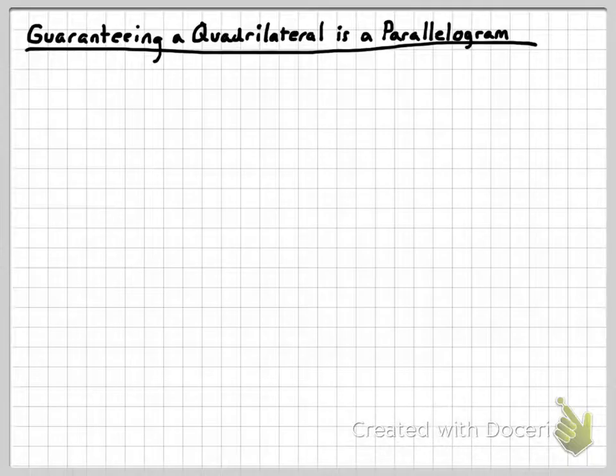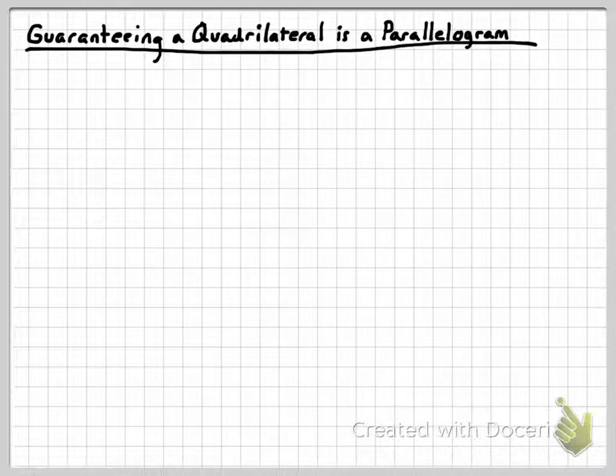Alright, now I want to begin by discussing a couple ways that you can guarantee that a quadrilateral is a parallelogram. Let's say that you wanted to draw a parallelogram, and you wanted the simplest way you could think of in order to make sure that a quadrilateral is a parallelogram. Alright, well, one way would be, of course, just to make sure that the opposite sides are parallel to one another, because that's by definition of a